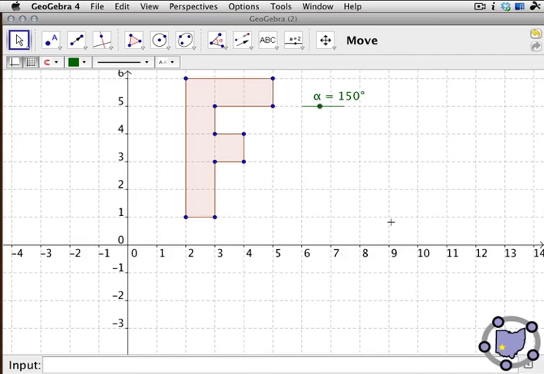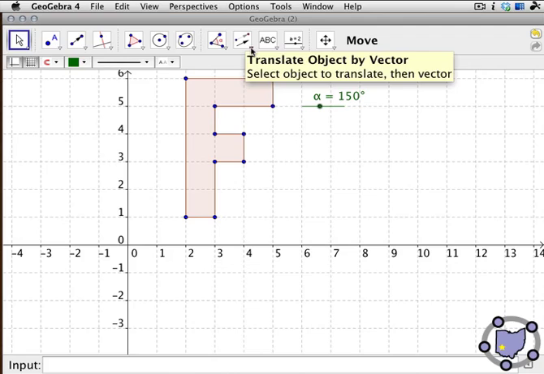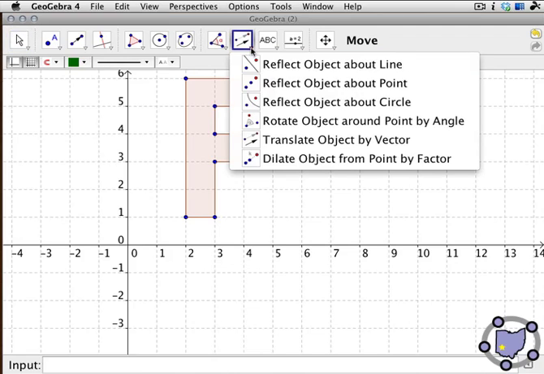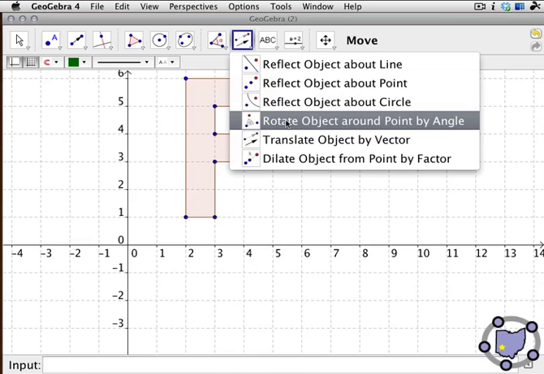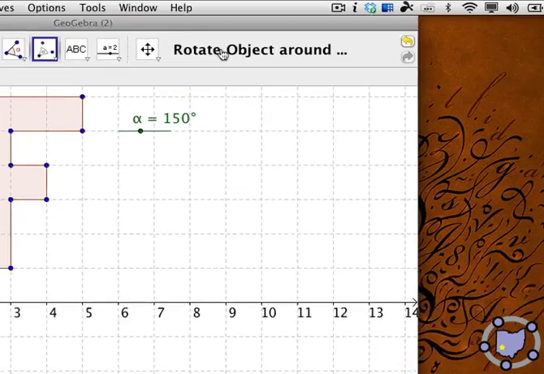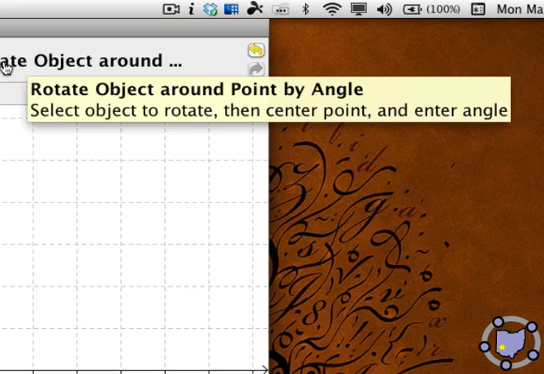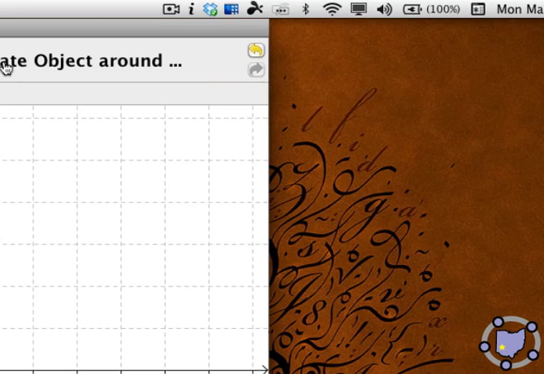And then we're going to use the Rotate tool now. If you recall, last time we used the Translate tool underneath the fourth button from the right. We're going to do the same. We're going to access the same suite of tools again, this time picking the Rotate tool. Rotate object around point by angle. It says: select object to rotate, then the center point,